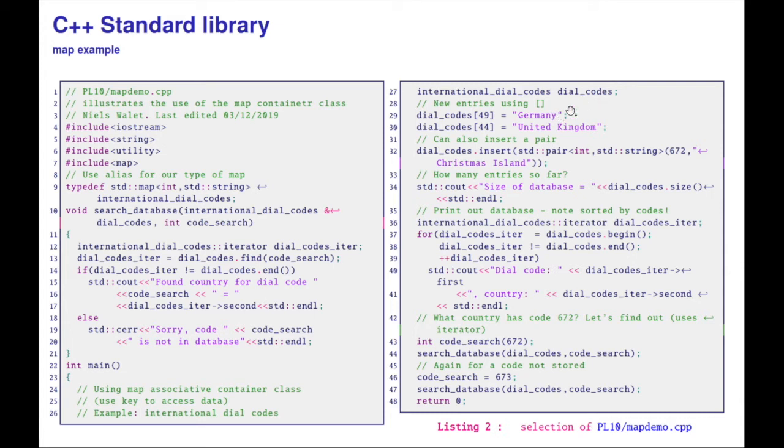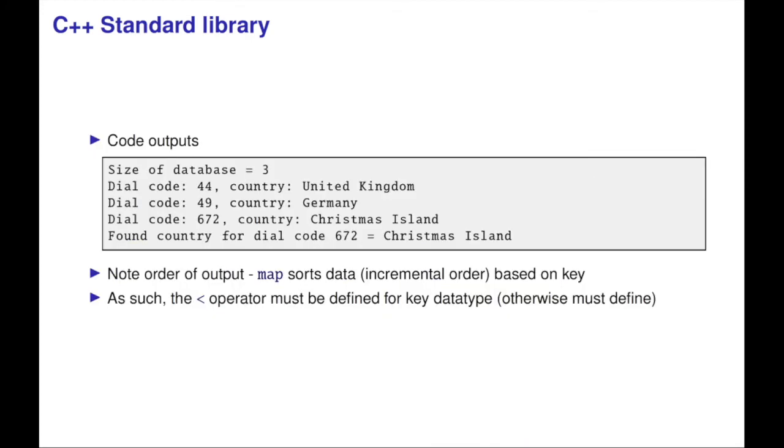Then I can send some sensible international dial codes like the one for Germany and the UK, or the one for Christmas Island, which is a 3-digit dial code. You can actually look at the size of the database. You can then iterate them. You can print out, of course, all dial codes. You can search for 672, which we know is in there, or you can search for 673, which we know is not in there, and that's perfectly okay, right? Essentially, this looks like a very nice standard code, and this code's output, the size of the database is 3, dial codes in there, and it finds the one for 672 and gives me no information for 673 because it's not in there.